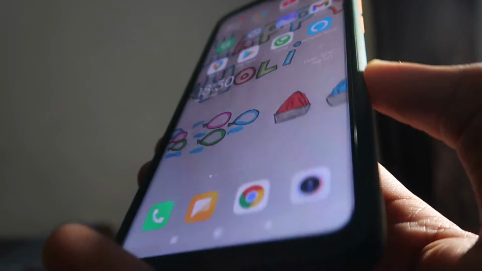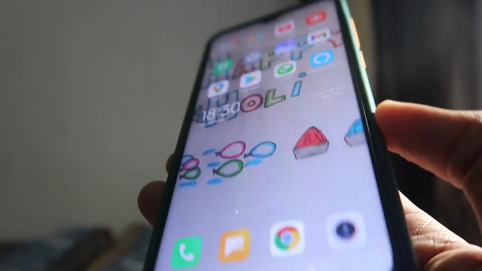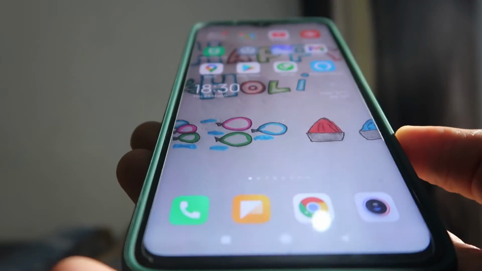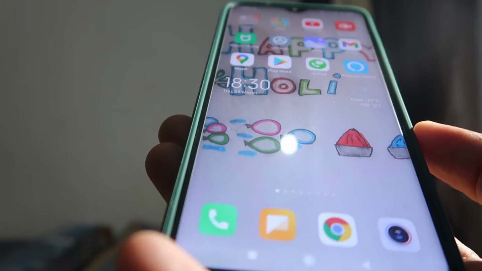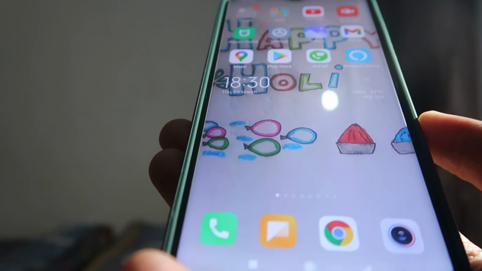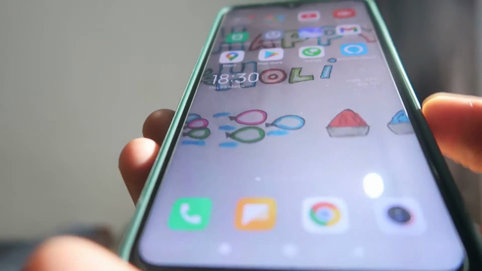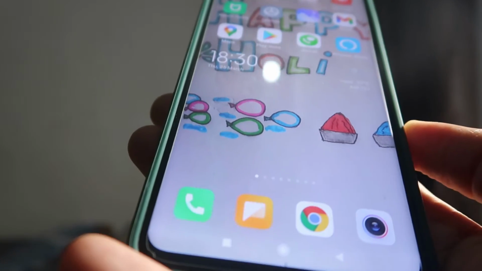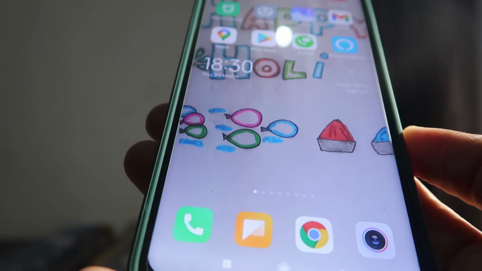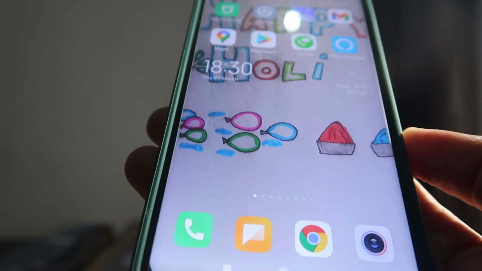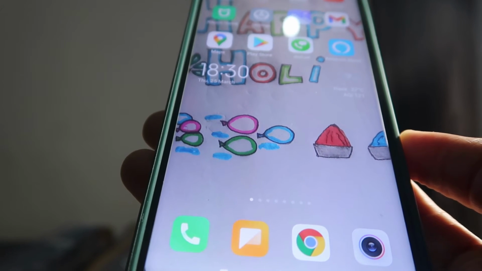Today we are going to let you know something about mobile phones, how you can activate call waiting on your mobile phone, any SIM card, any network, anything. If you want to activate it, first of all, you're going to ask me why call waiting is very important and why we should activate it.